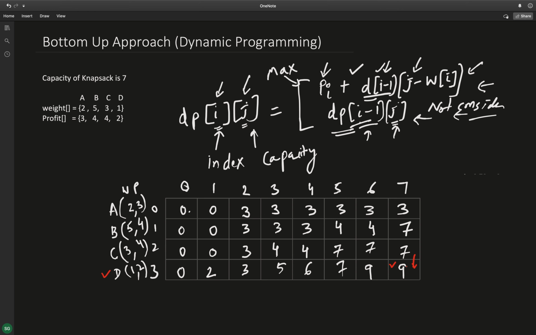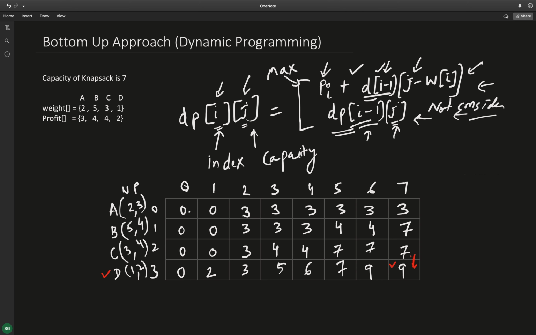Otherwise, what we were doing is just copying the value from the previous cell. Copying the value from the previous cell means that after not considering this item, we are getting more profit. That is why we were copying from the above cell.